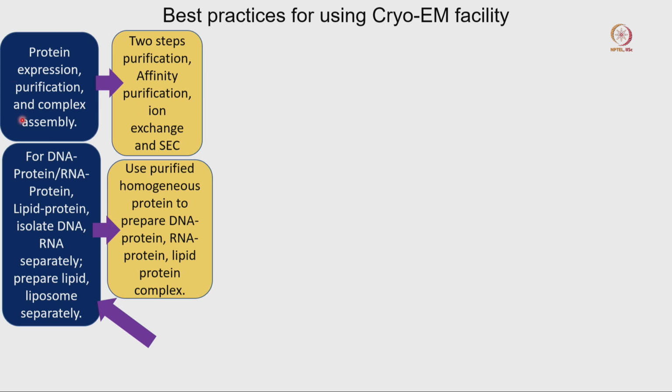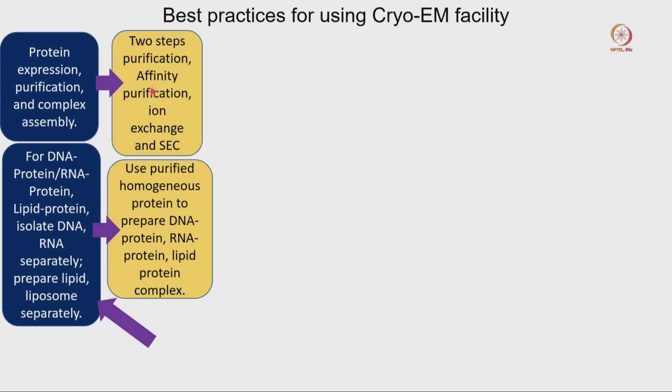When we are talking about purification, generally we prefer the two-step purification that I already mentioned, which we are going to discuss in the next class: affinity purification, ion exchange purification and SEC purification. Sometimes if we can purify our protein properly, only one purification step is enough, but most of the time we use two-step purification, either affinity purification then SEC purification. SEC means size exclusion chromatography or gel filtration chromatography, or we do ion exchange chromatography and then SEC purification.